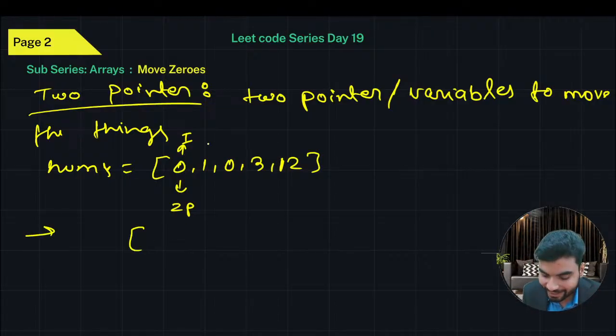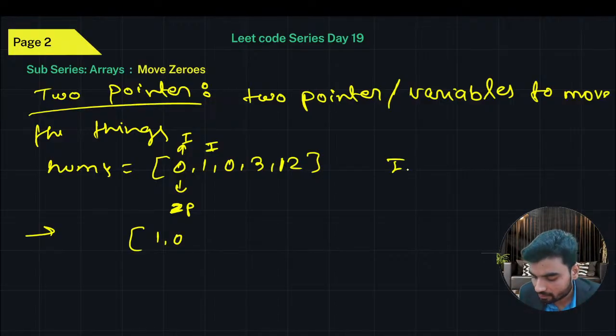If at index 0 the iterator has 0, we will not do anything. Again, when the iterator moves on to the next element, which means i equals 2, at that time we will move that value to the zero pointer, and again we'll replace that zero value with the i pointer, which means we will have here 1, 0. Just swap them. If you get the iterator at